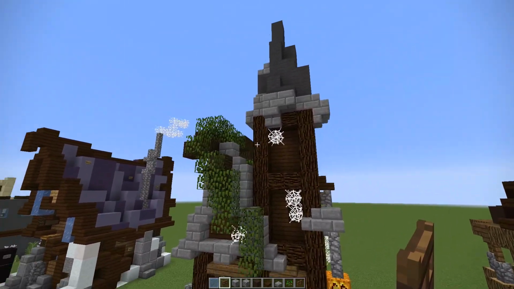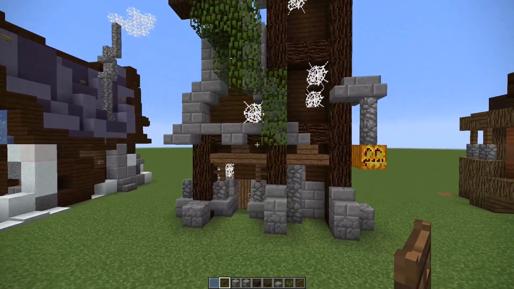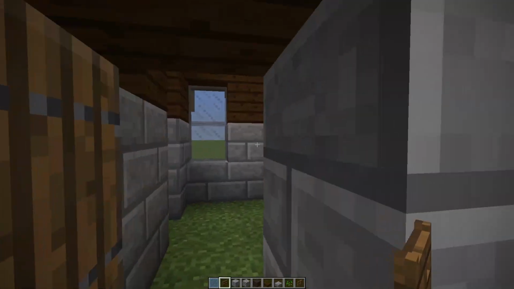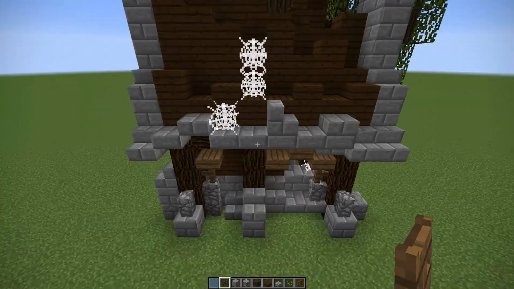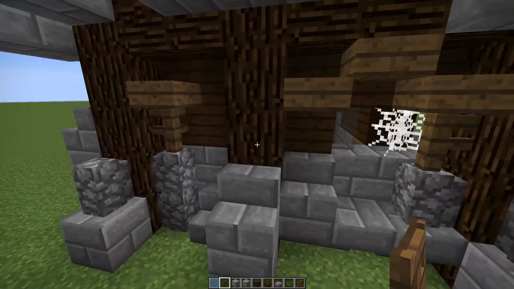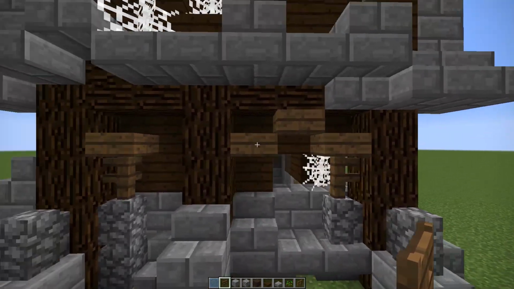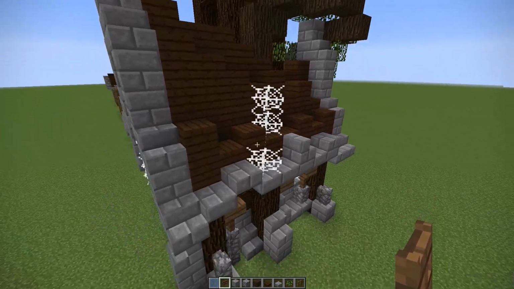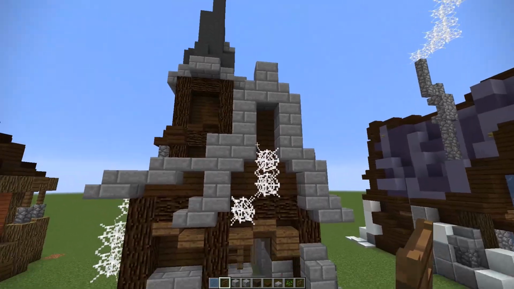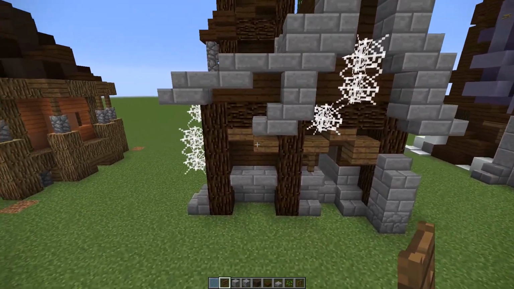Next up is more of a spooky design, so we're taking elements of all of our previous ones and putting them together to create a shape that dictates what we imagine spooky to be. So we've got a lot of dark colours in this design, a bunch of cobwebs, some overgrown elements to it, such as the tree coming out the middle,